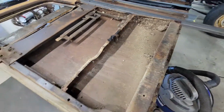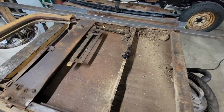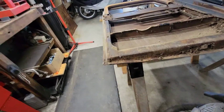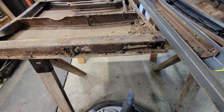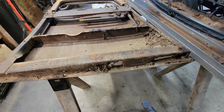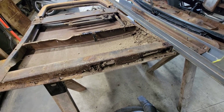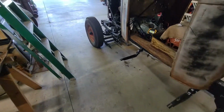And of course these mice, this thing has been sitting for who knows how long. And mice like to make nests and things, but yeah, the door bottoms are gone. They do sell replacement ones. I have a line on some. I will do some more shopping. But anyway, I pulled the support out of the